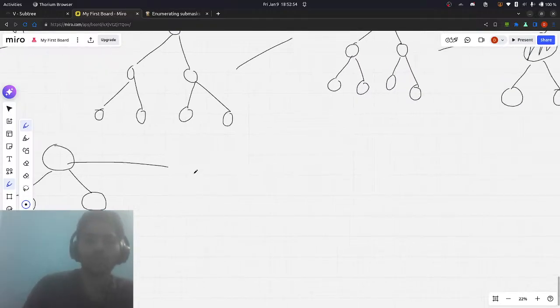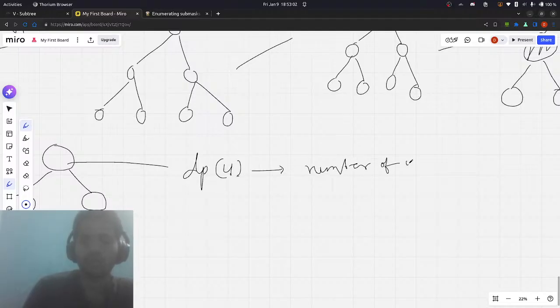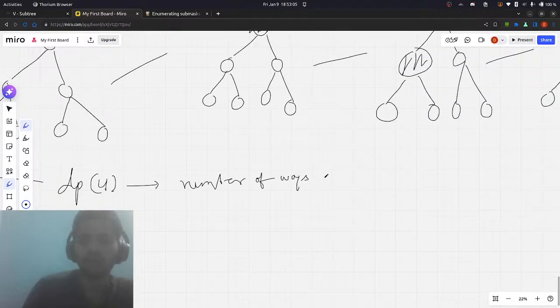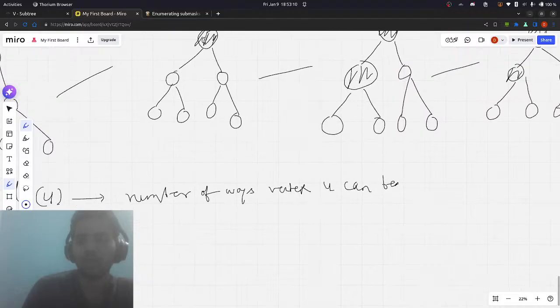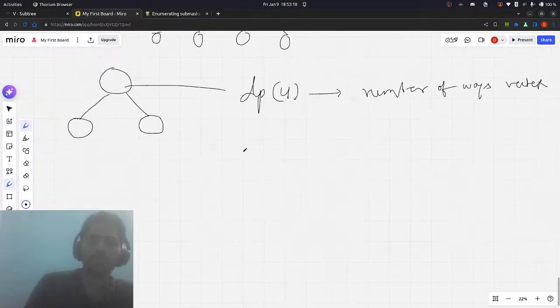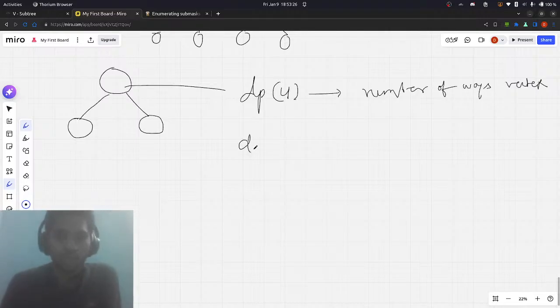So if we take T_u as the number of ways vertex u can be colored black, then the transition should be, or what I think it is,